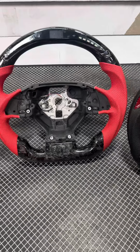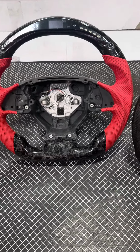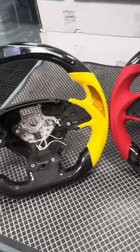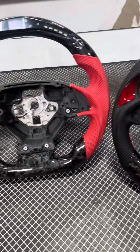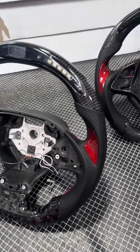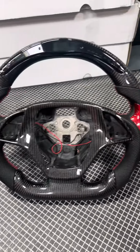Here with a little quick video, just to show you guys some of the steering wheels that we sell. So I can see right here, I have the C7 steering wheel. It is VZ10 2113. If you guys want to go onto the website at vicrez.com to purchase your very own